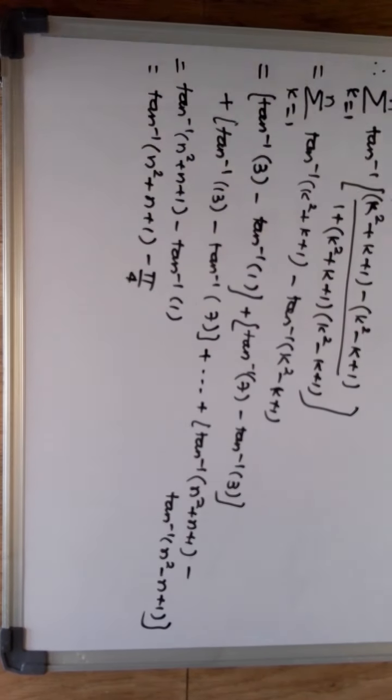Okay, was it nice? It was very nice. I calculated 7 and wrote 17. I was thinking how it is possible, this should not happen. Every second term must get cancelled, which is not cancelling. The first term from the first one and the second term from the second one must get cancelled, so it was not happening. So I cross-checked it once again. The mistake was in calculation because I forgot the subtraction over here. So now I got the final result to be tan inverse (n square plus n plus 1) minus pi by 4. Okay, it was a very nice question.